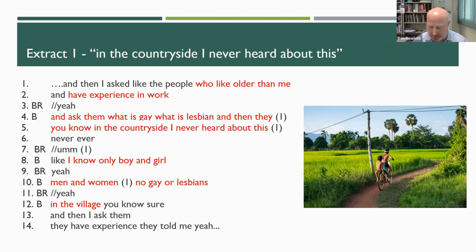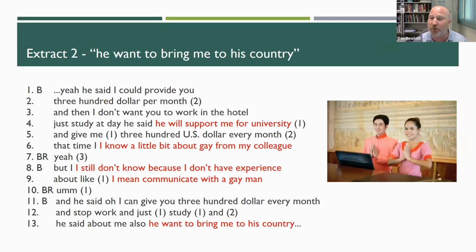Okay, let's move on to another extract. Boré didn't explain at this point what he learned about the meaning of gay, but he continued his story by recounting a second encounter in the hotel, this time with a single man who is positioned spatially as a European and thus indexed as foreign and different, and whom in the story he identifies as gay for the purposes of his developing account.